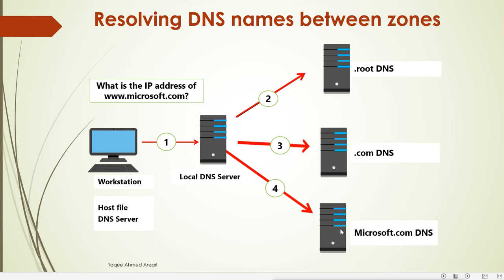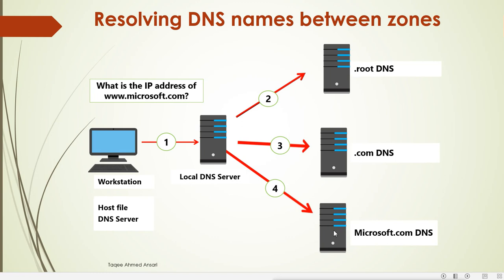So what does it do? It will check the domain name. What is the domain name? Microsoft.com. Then it checks whether it has the zone file for this domain. It has a zone file because it is the domain of Microsoft itself. So when it sees that this is its own domain, it will say that I am the authoritative server. Now I can answer the query, and if I say yes, then yes, if no, then no. I will not do any recursive query now because this is the authoritative DNS server.